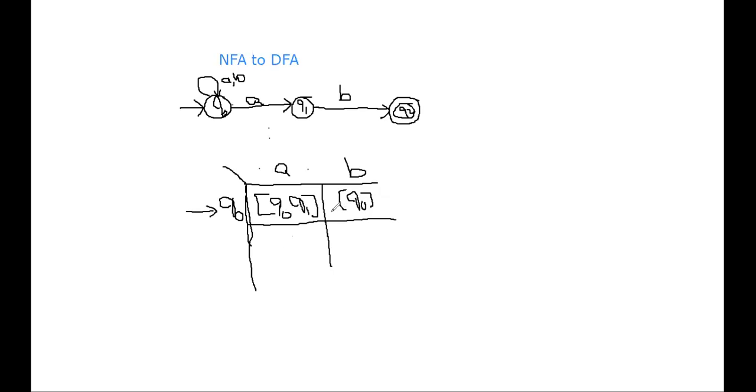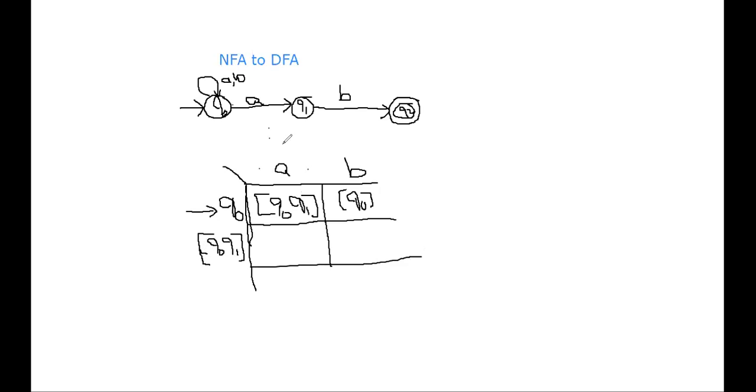Now, after getting the first row, if we get new states other than Q0, then apply transitions on those new states. Here we got two states: one is Q0, which already has transitions, and the new state is {Q0, Q1}. Now apply transitions on Q0 as well as Q1. So for {Q0, Q1}, we need to calculate transitions on A and B. Whenever you get a new state, immediately apply A and B on it. Here we got only one new state, that is {Q0, Q1}.